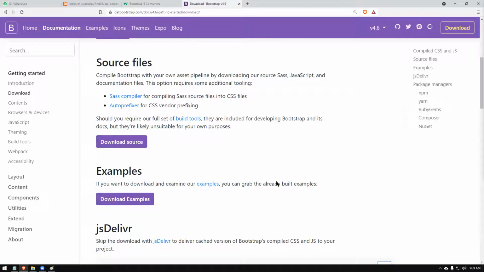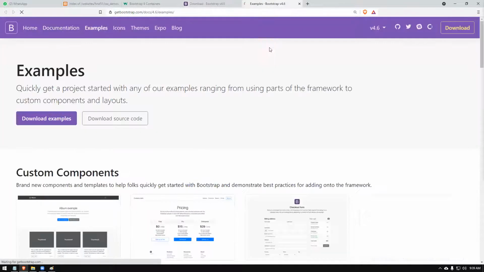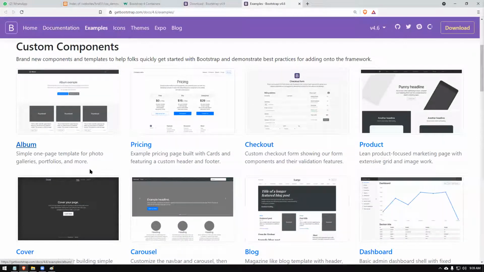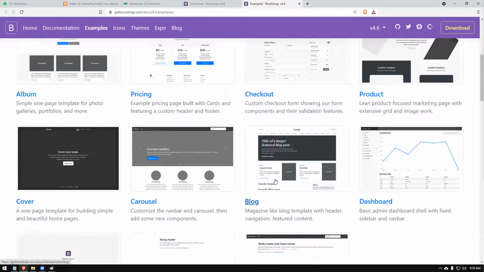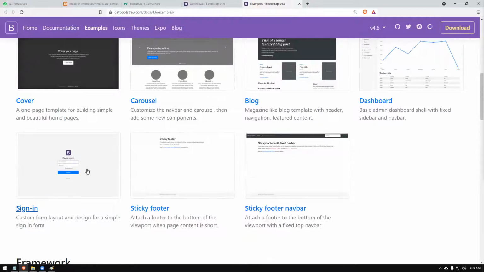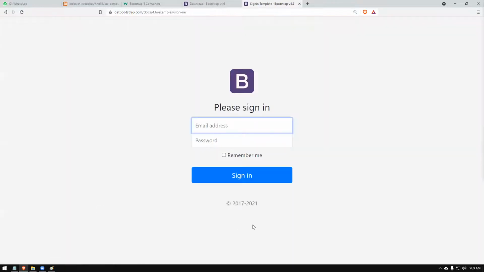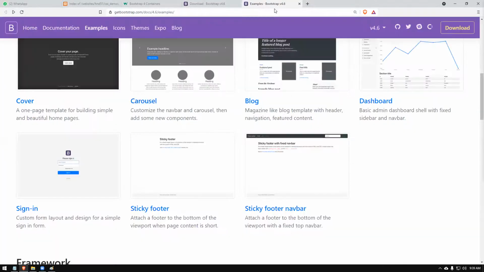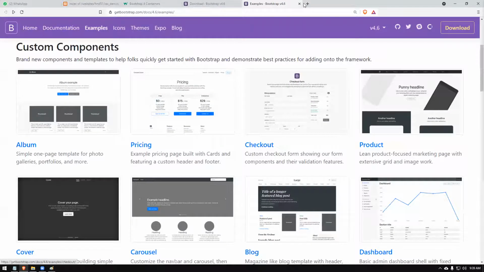For example, there will be a login page. Now if you go here, there are sample pages. All these are pre-built and have no copyright. You can just use them. This is a pricing page, a checkout page, see, all the things are there. Let's see where the login form is. Here you have it. Just take this login form and you can fill it in, put in your icon, your headings, and fill in your other information here. It's pretty simple to do. So that's about the examples. If you're interested, you can download this whole thing as well.